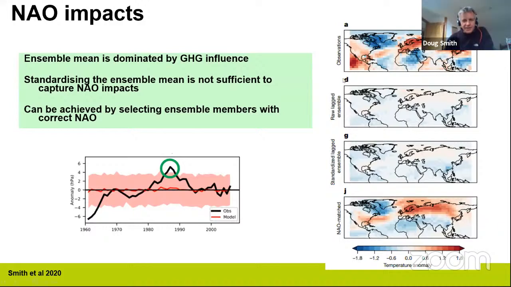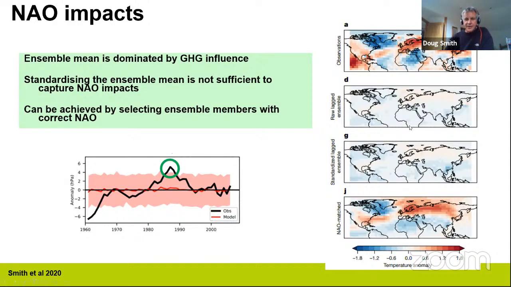So I just wanted to highlight that if we want to predict the NAO impacts or assess the impacts of the NAO, I've highlighted that we can extract the signal by taking the mean of a very large ensemble, but that's not quite true if we want to know the impacts of the NAO. That's because if we consider Europe, for example, then it's affected by greenhouse gases as well as the signal from the NAO. But in the ensemble mean, the NAO signal is too small, so what we're left with is the impact from